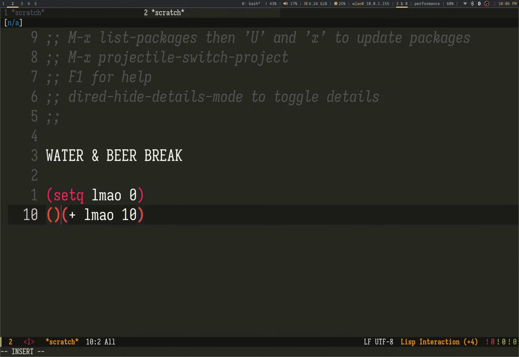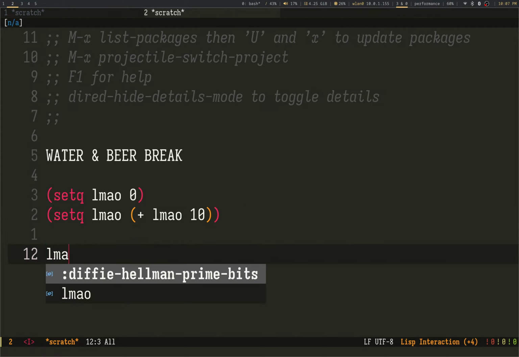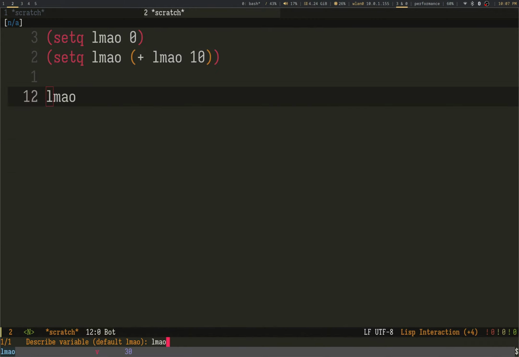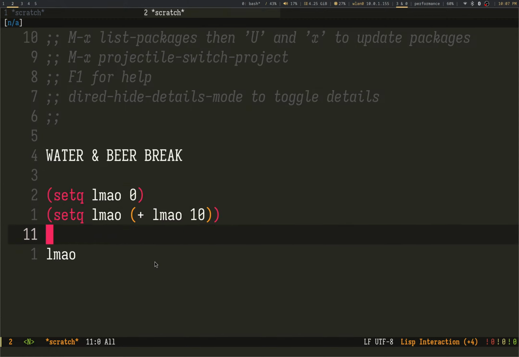Lisp is nice. Look at this, and then we can check out the variable. We can actually describe the variable. Look at that, this is great. We can see it. So as you can see, this is nice.